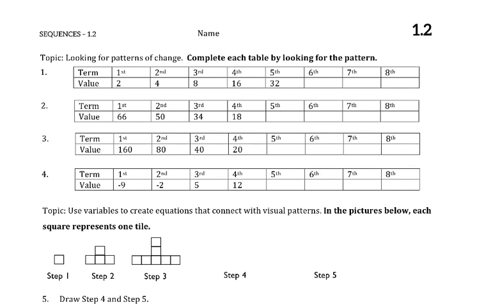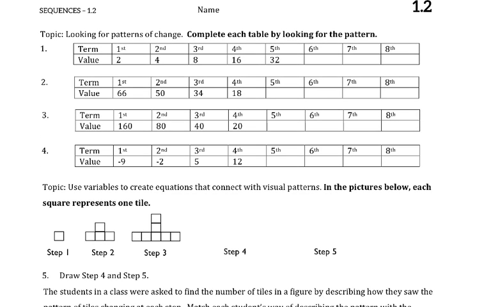Alright, so sequence is 1.2. Okay, so complete each table by looking for the pattern. So we've got 2, 4, 8, 16, 32. Okay, we could say we're adding 2, then 4, then 8, then 16, then